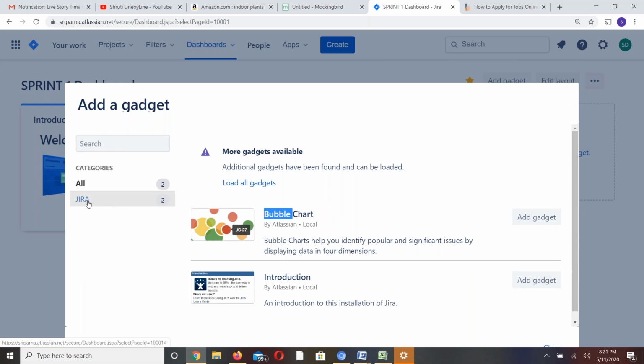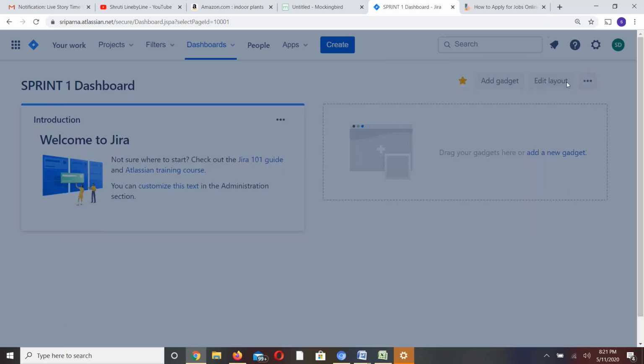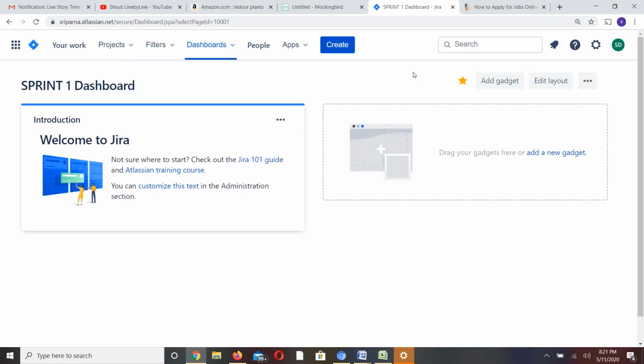So you can try playing around with this trial version by creating a project. Under the project, you add the backlog items, and then you create the sprint cycle. Under the sprint cycle, you pull up the items, and then again you create different types of filters, and you can create a dashboard, and a number of such things.